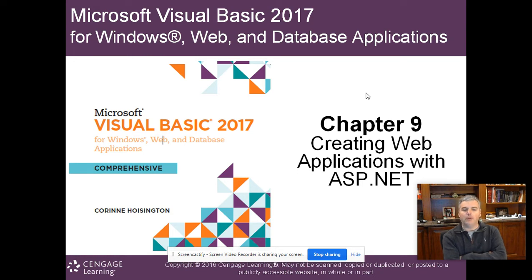A web page or a website is typically a static page, kind of like a brochure website where you're just getting information. You're not typing any information in. It's not doing any calculations like the applications that we've been building so far. When we build web applications,